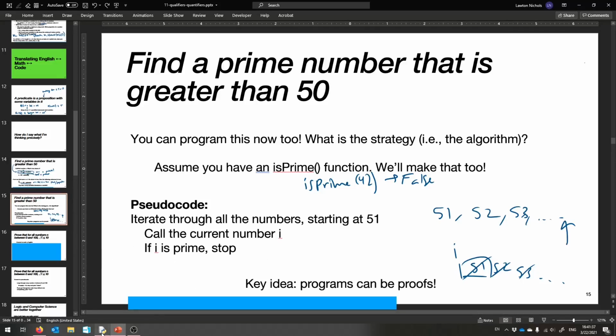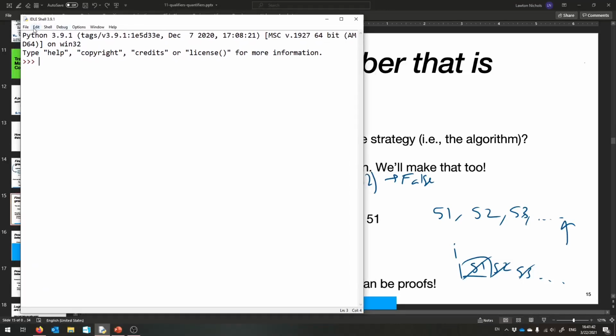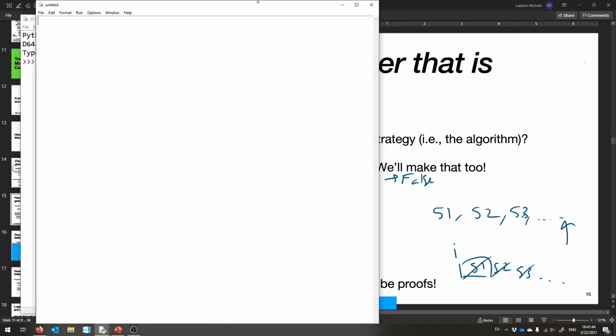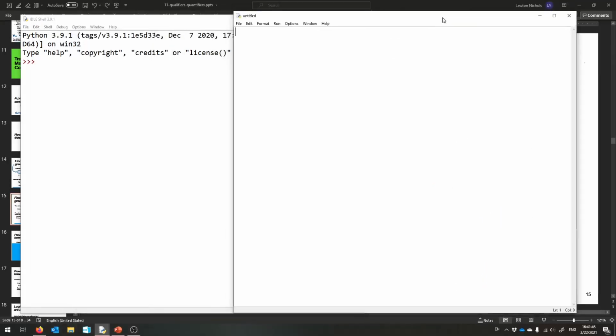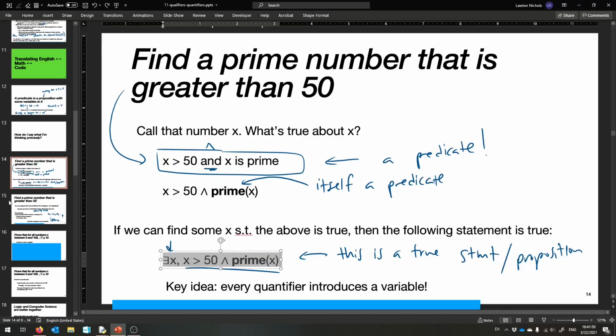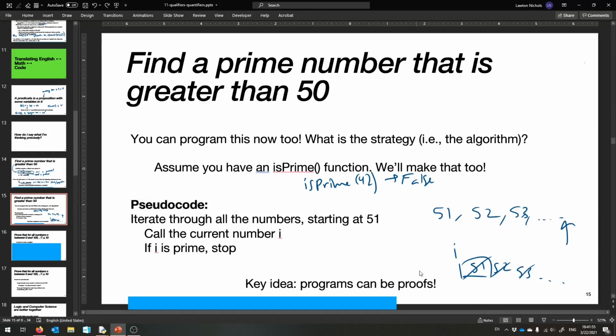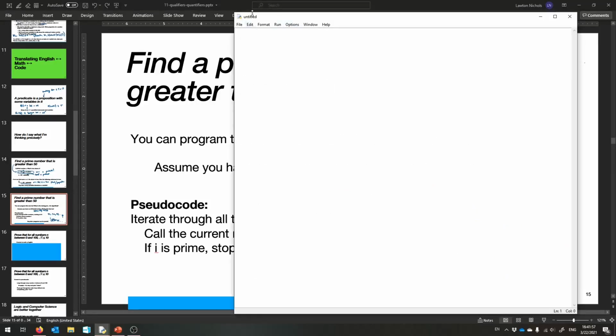So let's go to IDLE and make a new program. Right? We're going to finally come full circle and translate that English statement up here that we translated to math. We're going to translate this now to code. Okay, this is pseudocode, so it's not really Python yet, but we're going to use it to program what we